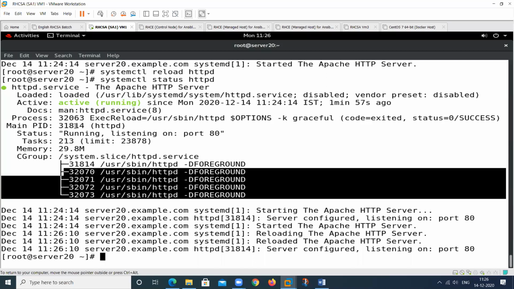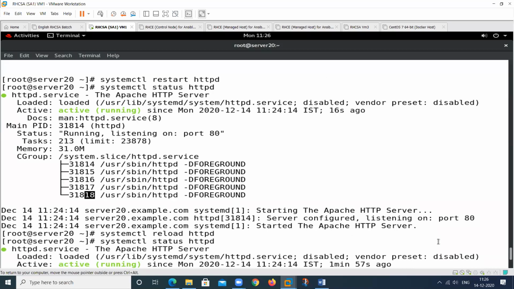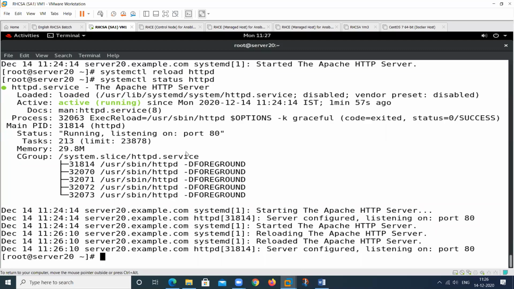So this is your main process ID that is mostly used for the service. See here, this is the other, but these last 4 process IDs will change. See, all changes. It means the changes will be replicated in your network. So this is about the reload and restart.